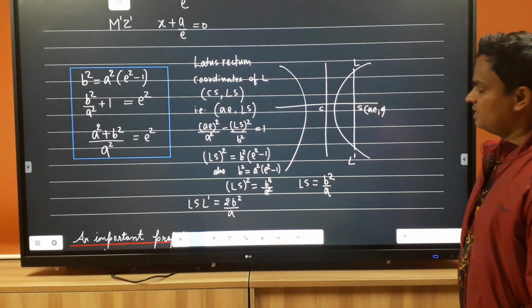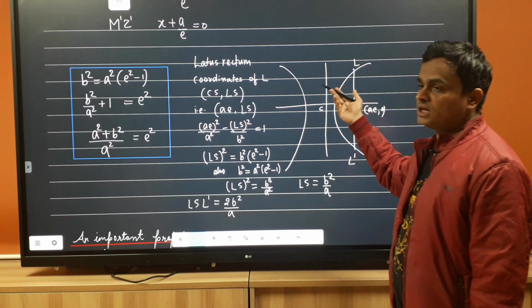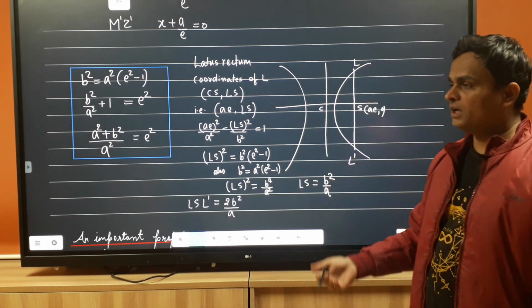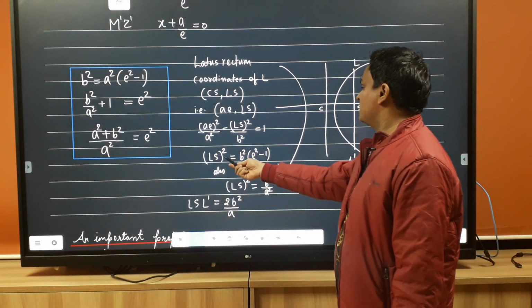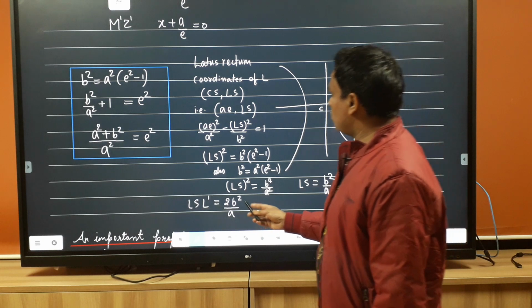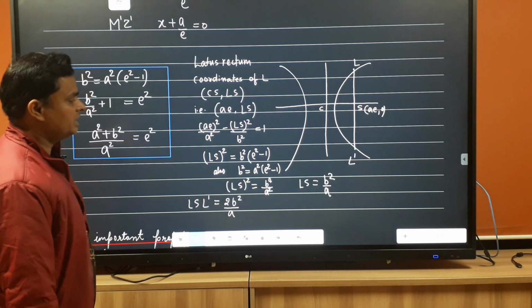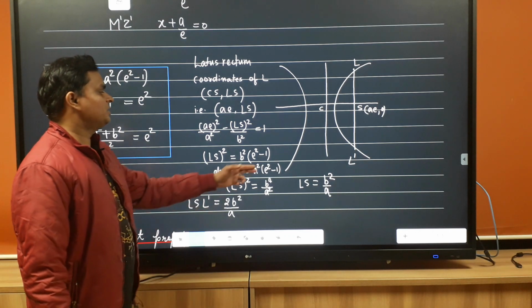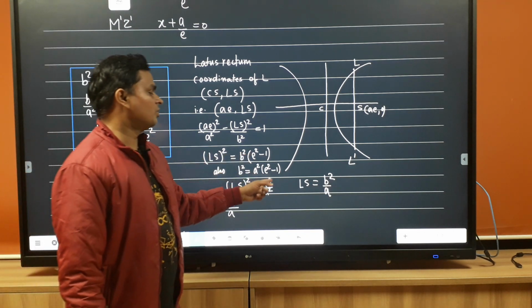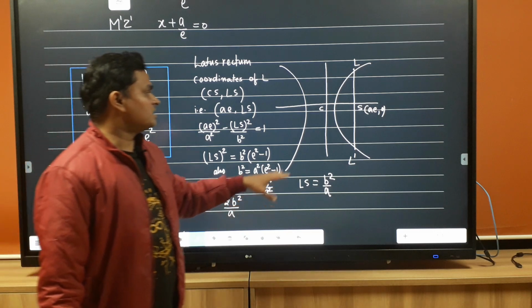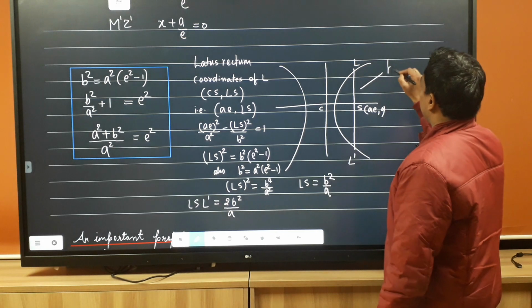अब CS की वैल्यू क्या है, CS की वैल्यू ae ही है ना, और LS हम नहीं जानते हैं, तो निकालना बिल्कुल आसान है। हम क्या करेंगे, हाइपरबोला के इक्वेशन में x की वैल्यू पुट करेंगे, y की वैल्यू निकल के आ जाएगी। तो देखिए y की वैल्यू निकल के आ गई, LS की वैल्यू, है ना। अब हमारे पास एक और रिलेशनशिप होता है b² = a²(e² - 1), हाइपरबोला के लिए। तो क्या किया हमने, e² - 1 की जगह b²/a² पुट कर दिया, तो LS² की वैल्यू b⁴/a² आ रही है। यानी जो सेमी लैटस रेक्टम है LS, इसका लेंथ निकल के आया हमारे पास b²/a, है ना।